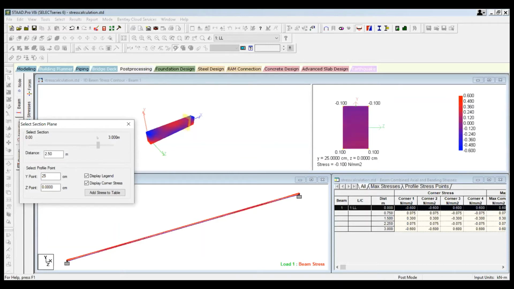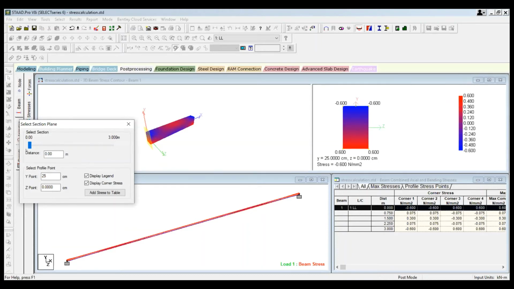See, when I go to the end, the stress values slowly reduce and increase and reduce, and then again increase. So at this end it is 0.6. The stress value at the end is 0.6, and at the center it is 0.3, and at this end it is 0.6. Understood?